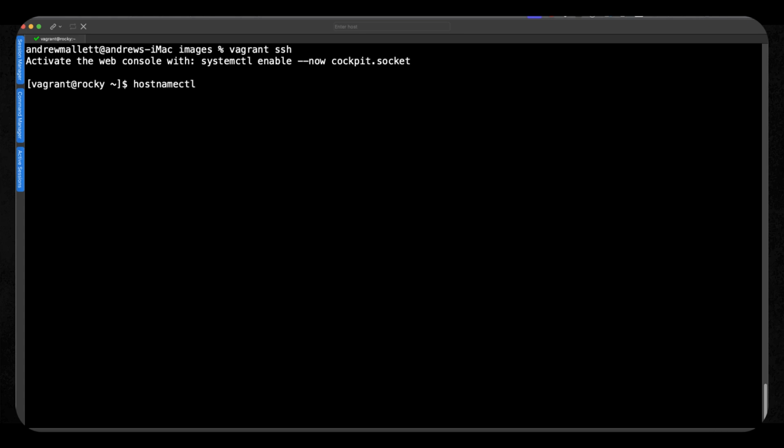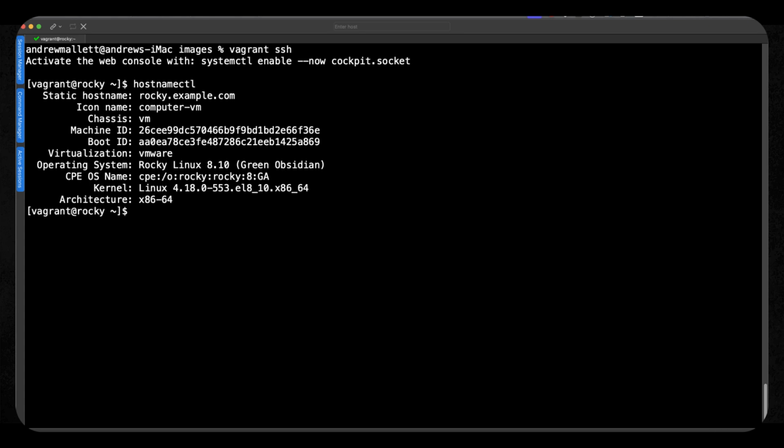We can double check the host name. Remember that we set this to rocky.example.com, so we can see that that is configured. But of course, it is immutable. We can't change any of the software that has been installed. So if I go through and look at yum repolist, we don't have any repositories. And of course, if I tried to install extra software, it wouldn't work. But we should be in the correct configuration state now, so there's no reason to change anything. When we do need an update, we can update our original image and create a new instance of our runtime server.